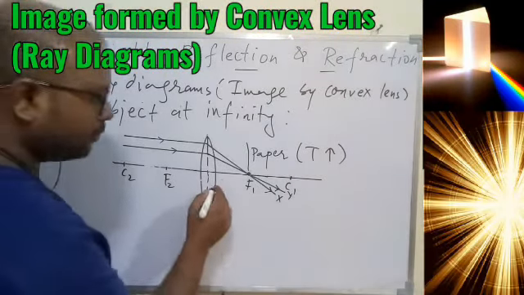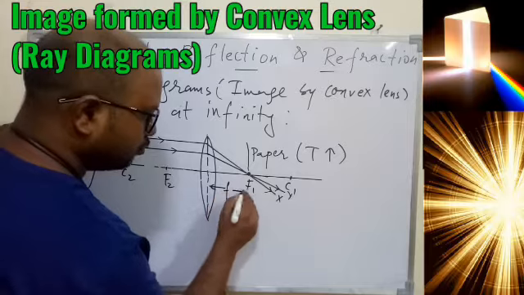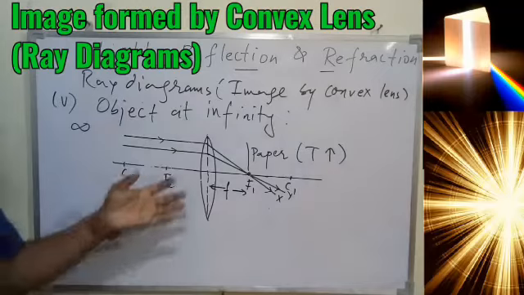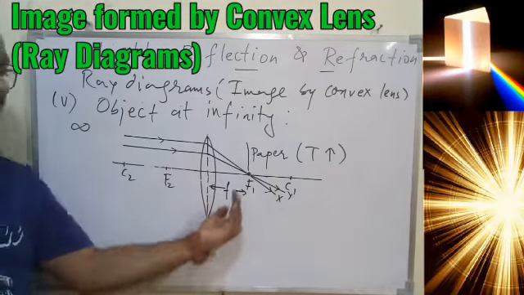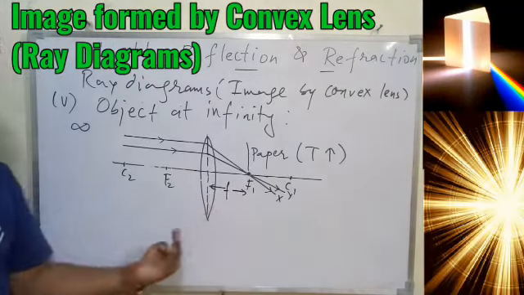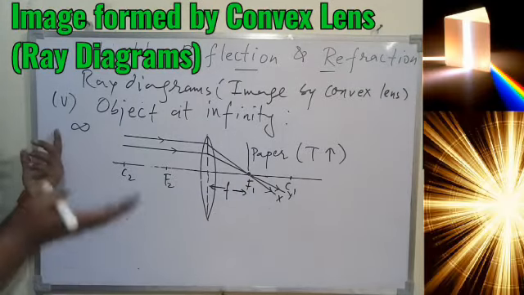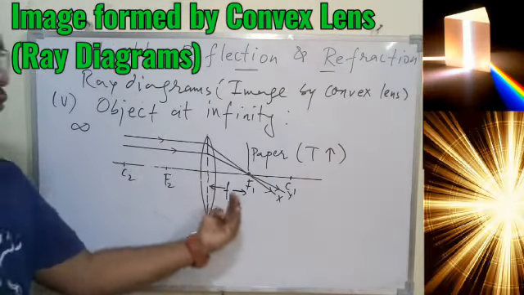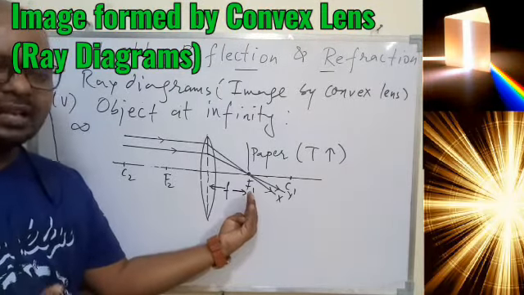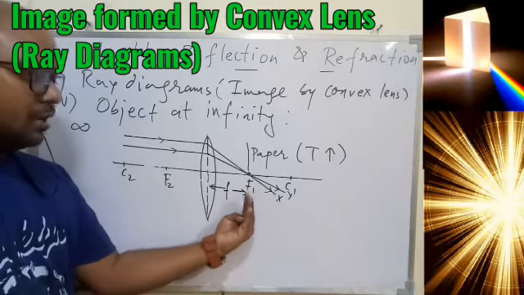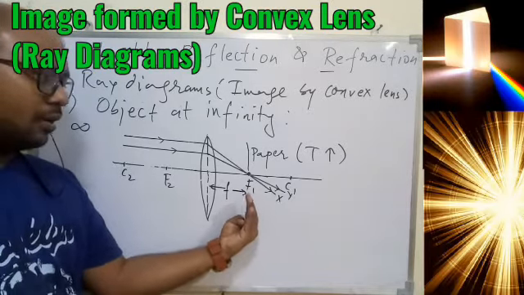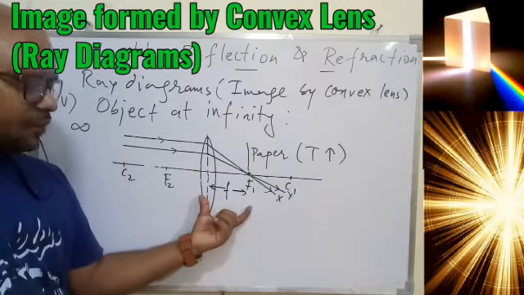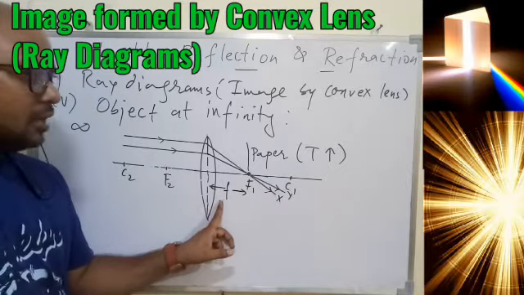And this can also help us to find the focal length. So when we have to do the experiment to find the focal length of a convex lens, we apply the same concept. We place a screen in front of the convex lens, and we take the object at infinite distance such that the rays are coming from infinite distance, and we allow the light to fall on the screen, and we are able to see the image at the focus. Once we get a very clear image on the screen, we measure the distance between the screen and the lens, and that will give us the approximate focal length of the convex lens.